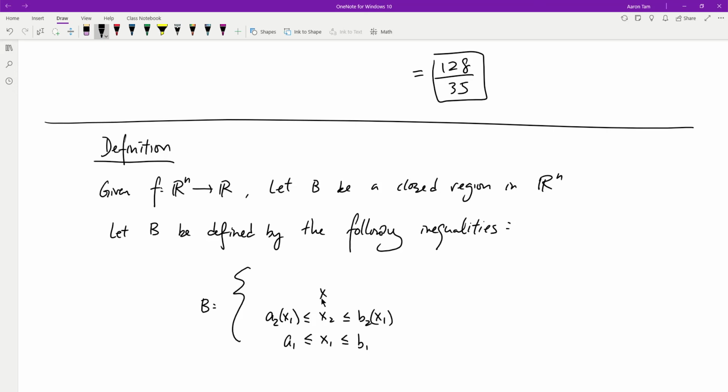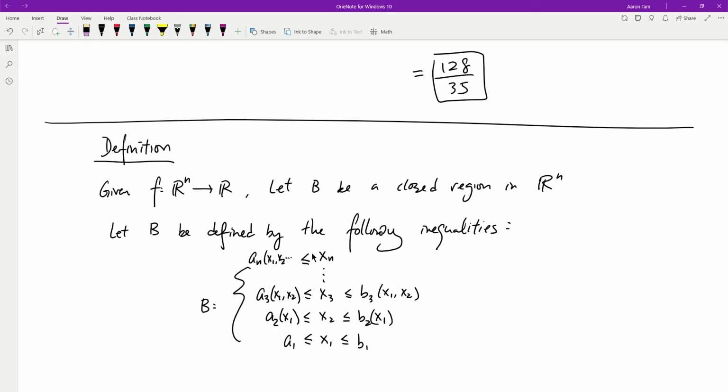And then x sub 3 is between a3 of x1, x2 and b3 of x1, x2. And this pattern continues on to the last variable, x sub n, which is between a sub n of x1, x2,